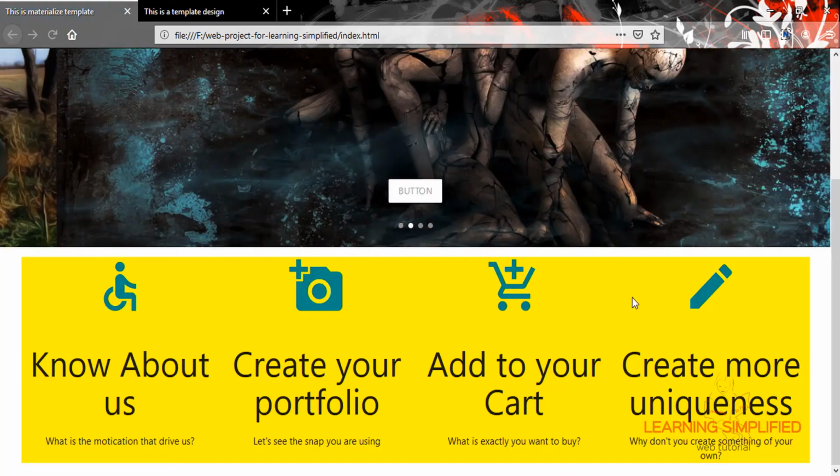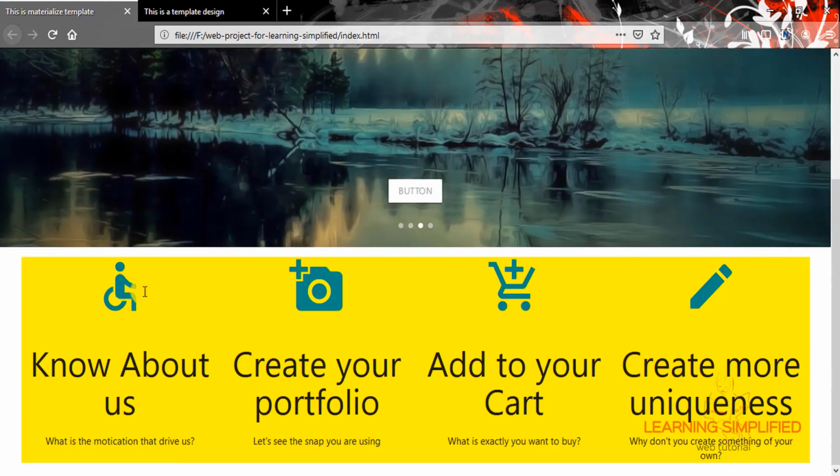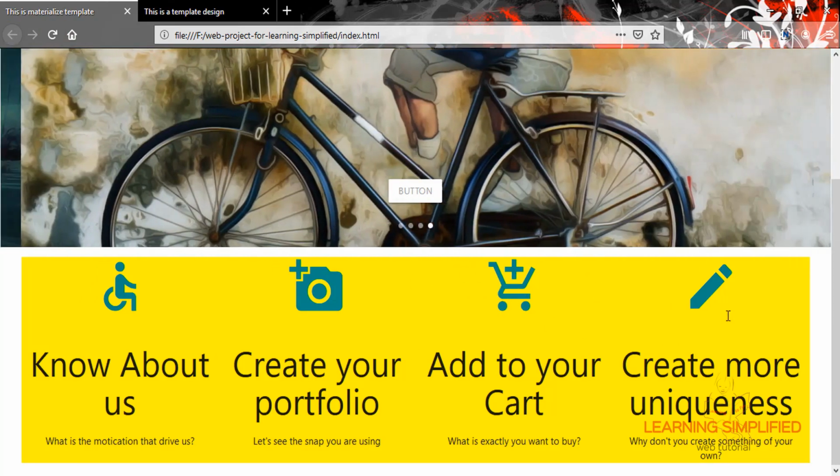Reload, and you can see that the text color is now changed into teal of this particular individual I-class icons being used over here.